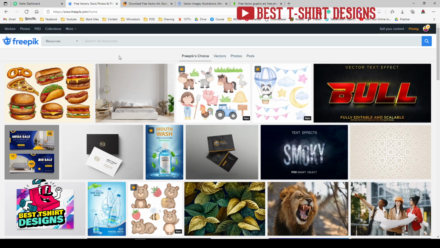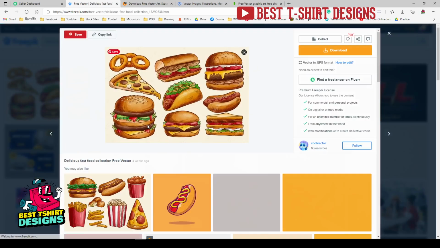So first of all, freepik is a stock website. Vecteezy, Vexels, allfreedownload, they are all stock websites. You can download stock graphics, that means they are pre-made. Someone already made them and submitted them to this website, like in freepik. Then designers like us can just download them and use them in our design to save our time. Like you can see here, I am looking at some very cool looking fast food graphics.